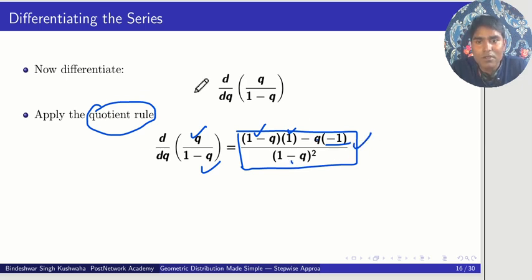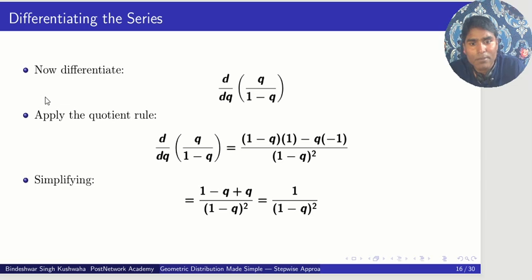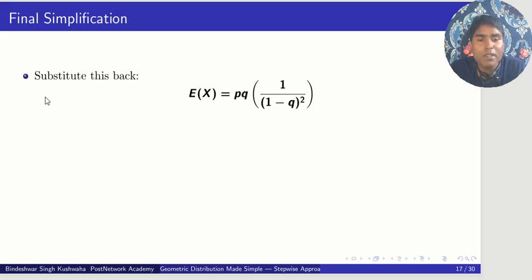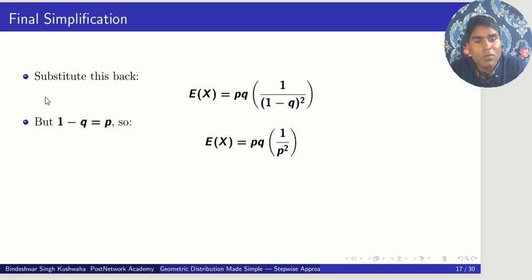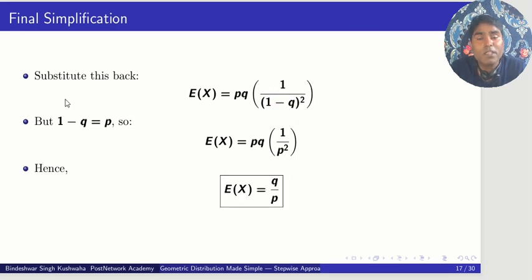This formula I am using here. Now if you simplify it, you will get p q into 1 upon 1 minus q square, and here this is 1 minus q square, that is 1 upon p square, and finally the expected value of random variable x is q upon p,